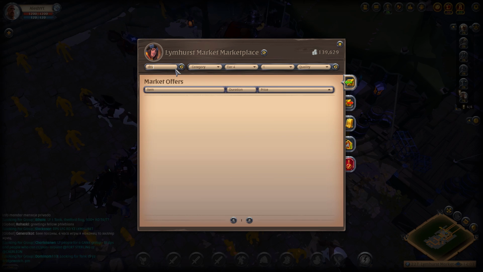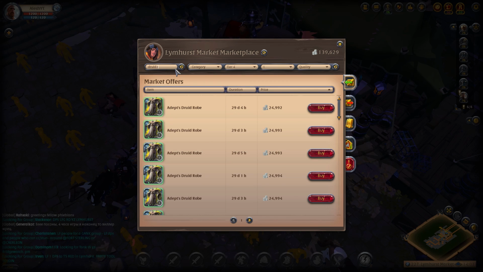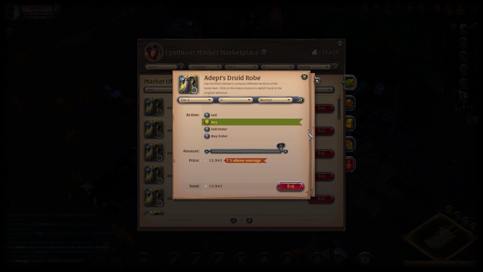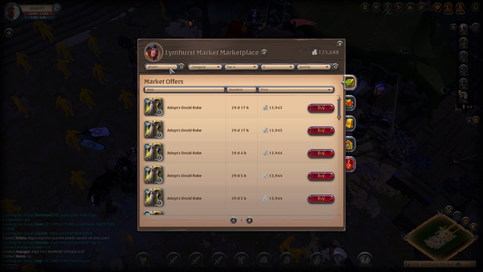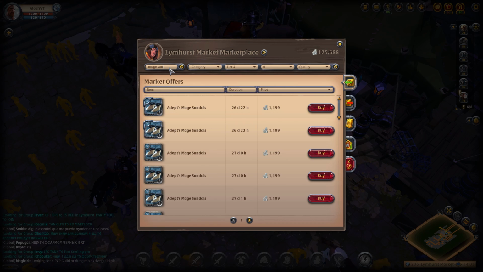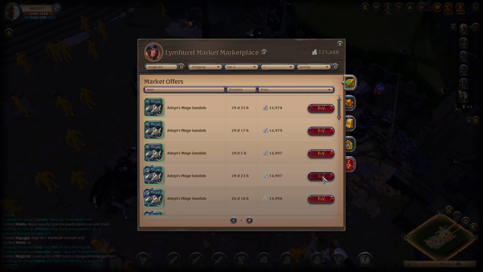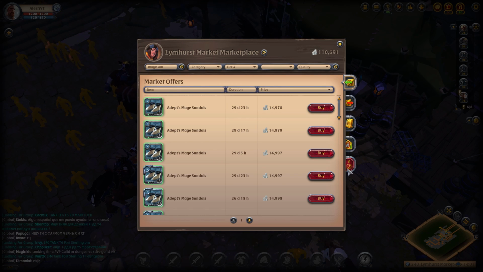And then we got our Druid. I think it was Druid Robe. Yep. That. Let's just go for a flat 4, because we're only going to do random dungeons for now. And our Mage Sandals. And I definitely can go for 0.1. Yes. Let's go right here. And that leaves us with